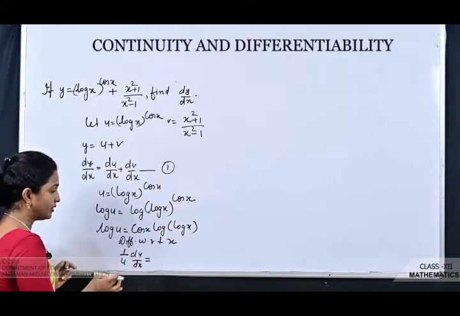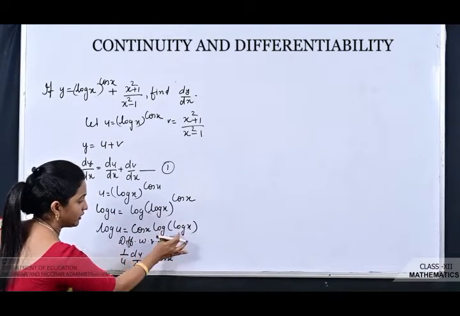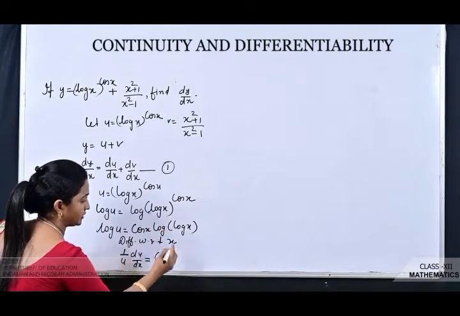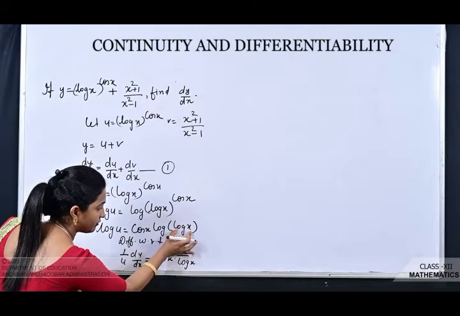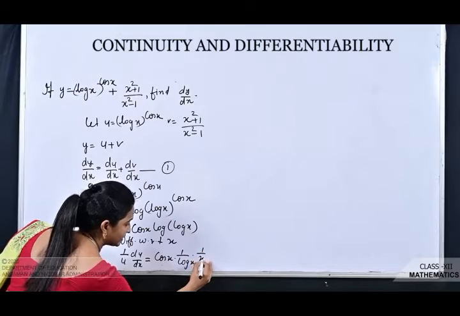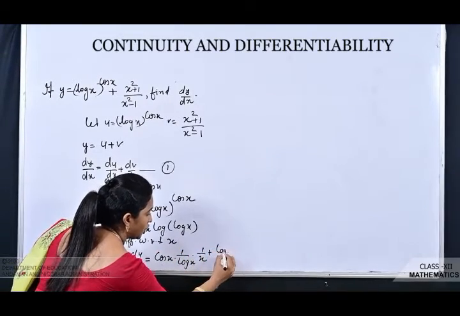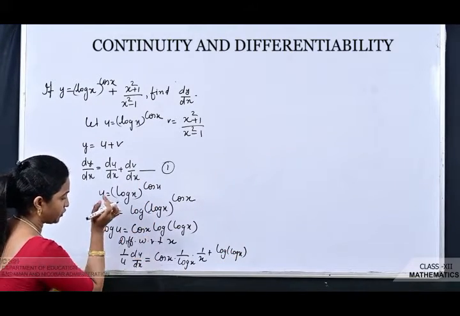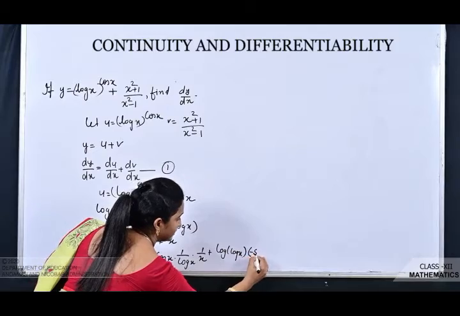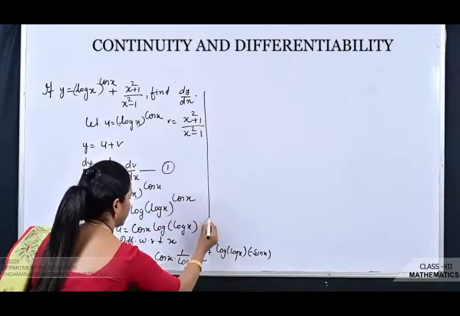apply product rule here, first function cos x into derivative of second function log of log x, 1 by log x into derivative of log x is 1 by x. I am directly writing plus log of log x into, what is the differentiation of cos x? It is minus sin x. So finally